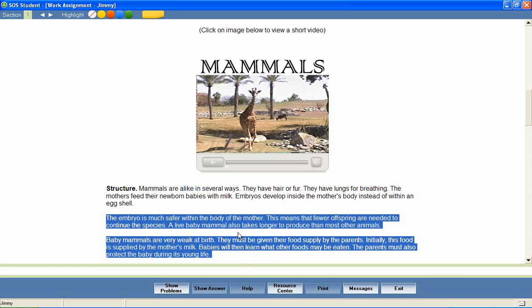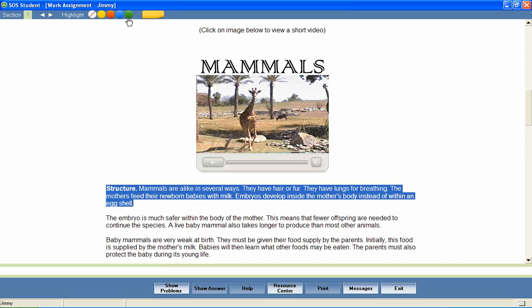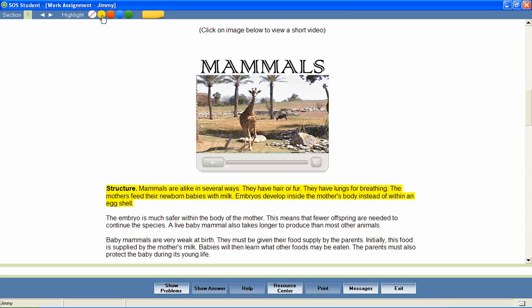text. An effective study skill that students should be encouraged to use is highlighting. Just as one would highlight portions of text in a traditional textbook, students can highlight text in their Switched On Schoolhouse lessons. Simply select a portion of text and select a highlighter color from the choices at the top of